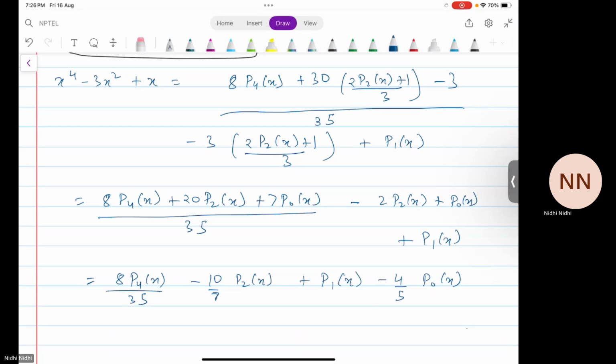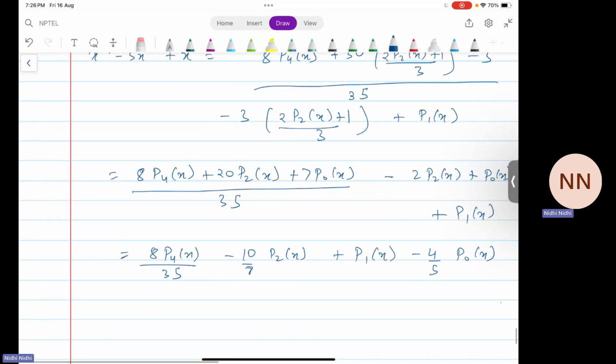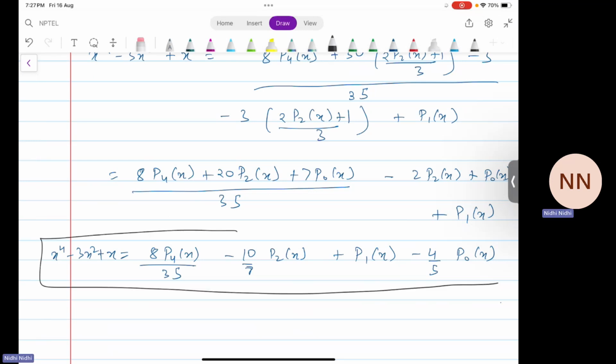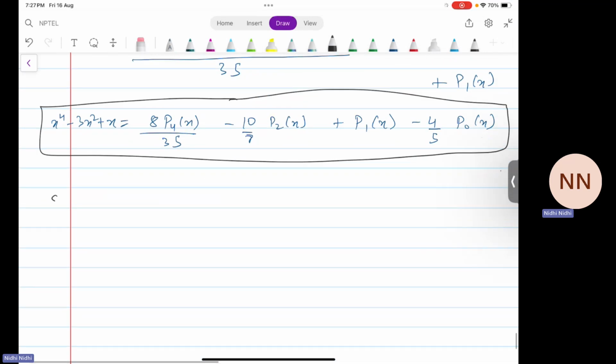So this is our x power 4 minus 3x square plus x in terms of Legendre polynomials. So let's move to the next question. Question 8. Prove that